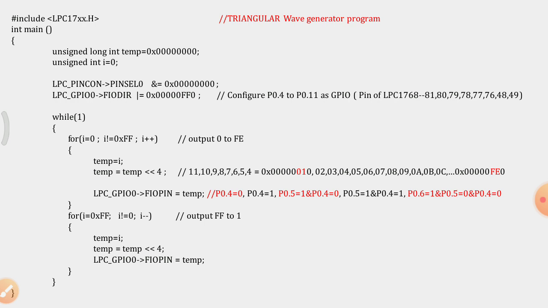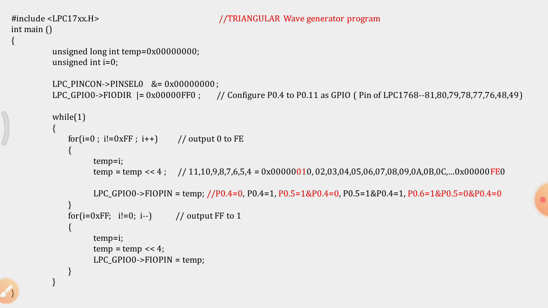Then in the second for loop, I am decreasing the value from maximum to minimum. That is, I am initializing I equal to 0xff, then I should not be equal to 1, and until 1 I am going to decrement, I minus minus. So the output is from ff to 1.